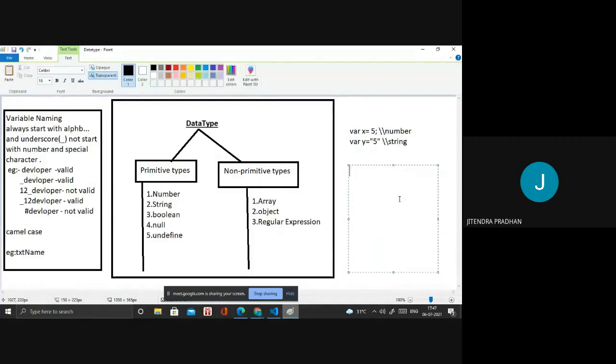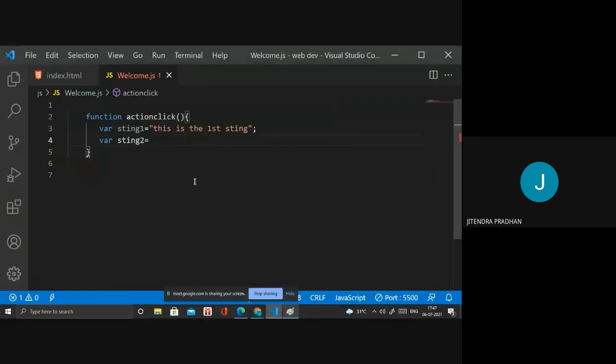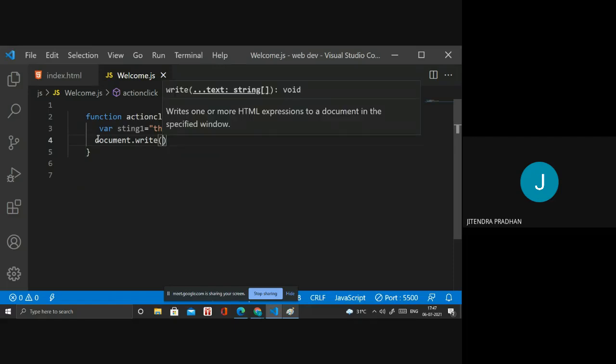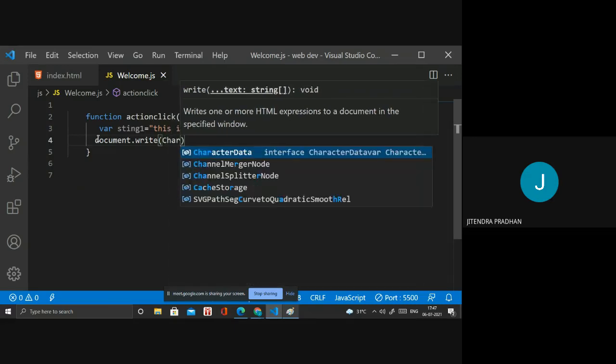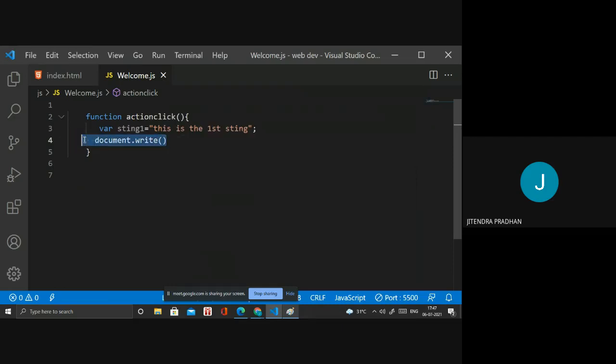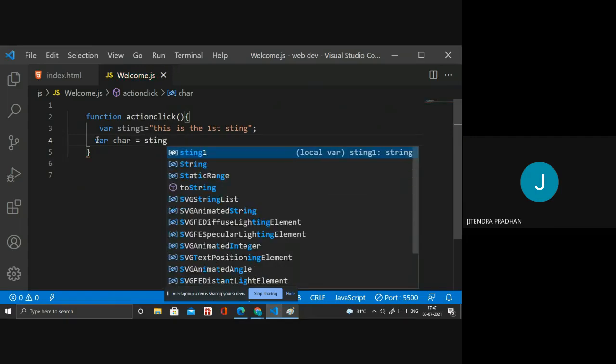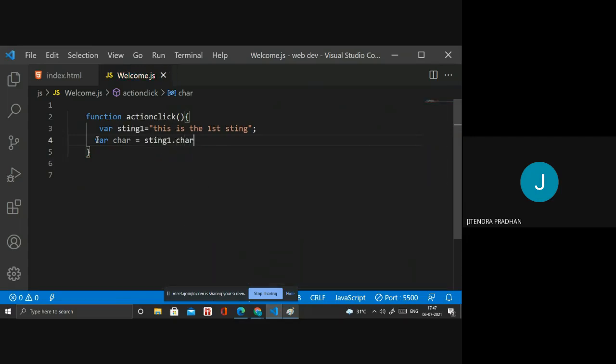Okay? Before that, how can you, from a string I want to access some character in that? So how can you access that one? Let's see. I want to access some in that document dot write. In that I want to access string, in that some character in between that. So by using charAt, wait, I want to assign like char. In that I have to show you string one dot charAt in that